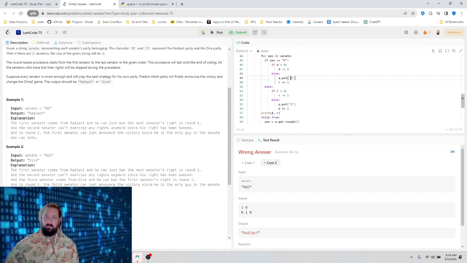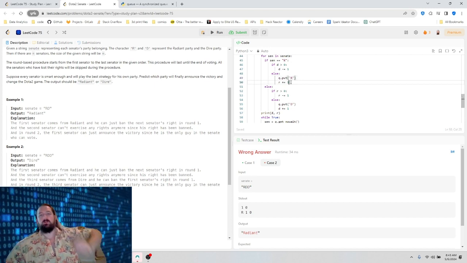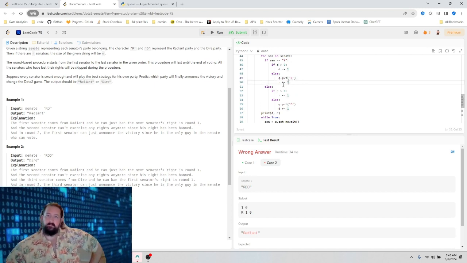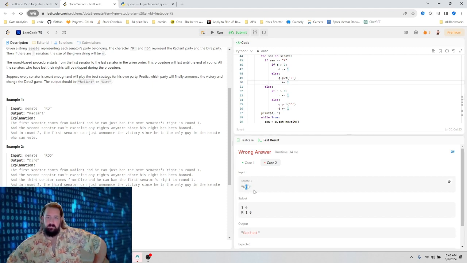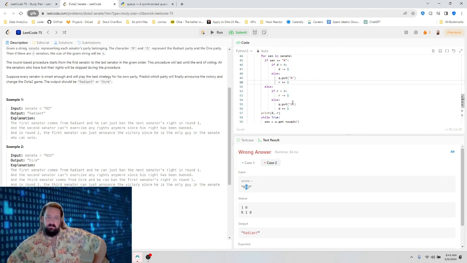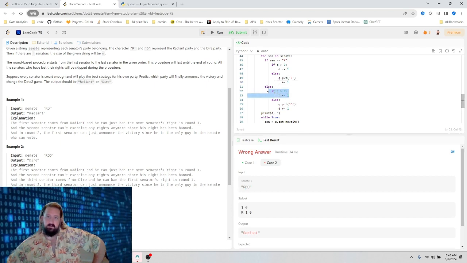So when I put R, I increment R. And then I go to D, that's where I decrement R.